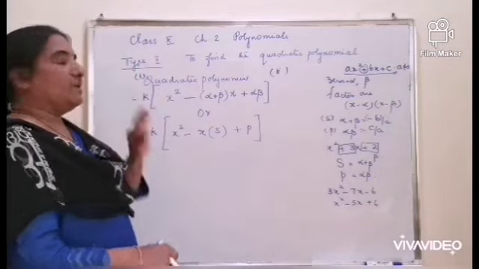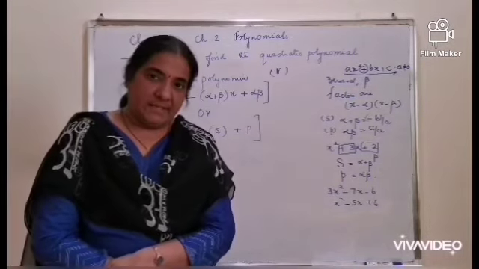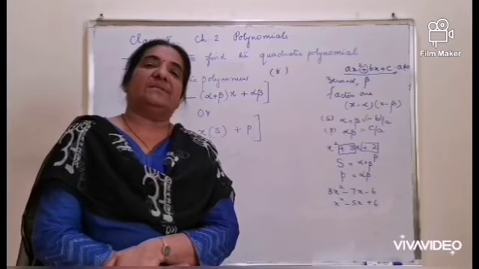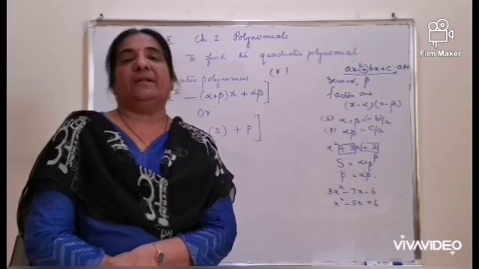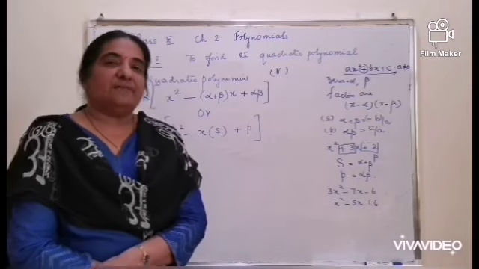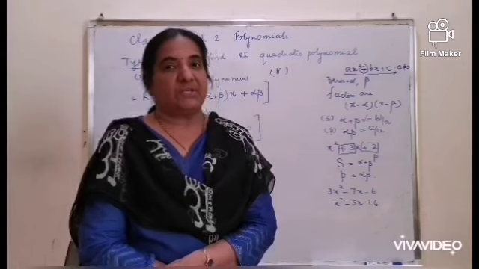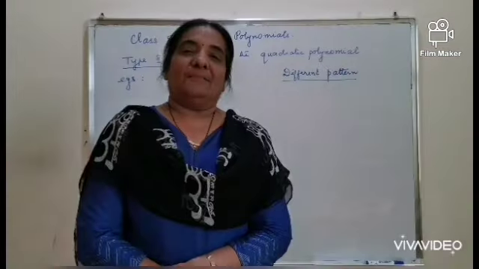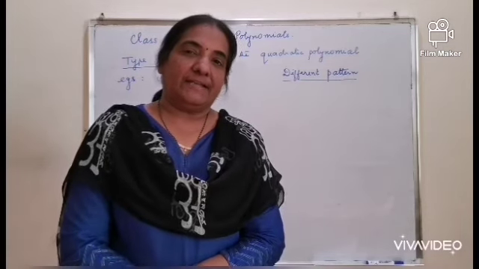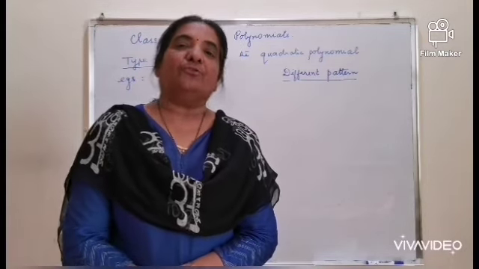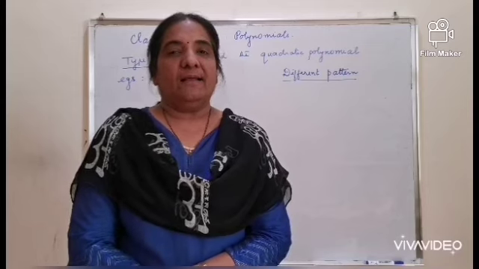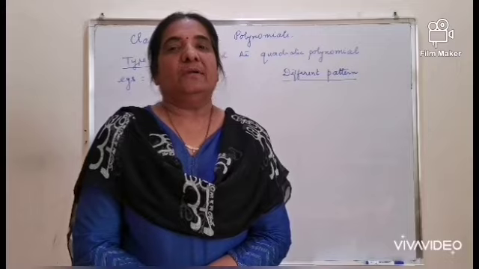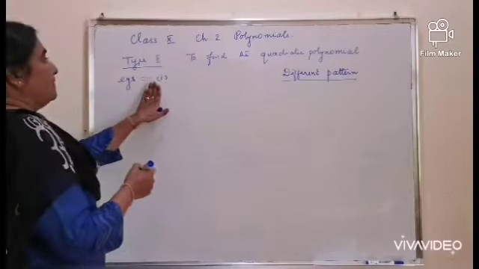This concept of forming a quadratic polynomial is required in the next exercise, where you are finding the zeros of a cubic polynomial, which involves finding 3 zeros for a given cubic polynomial. By the examples I am going to take now, you can study how to form a quadratic polynomial, and then you can do the textbook questions on your own. First example,